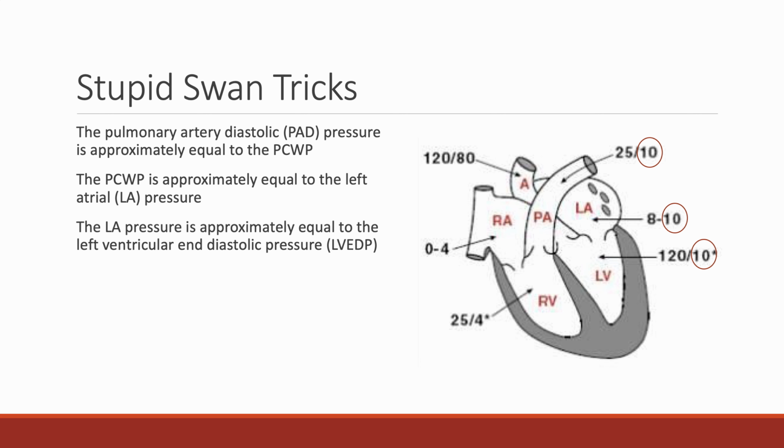Really good stuff. So always remember that the pulmonary artery diastolic pressure is about the same as the wedge pressure, which is about the same as the left atrial pressure, which is about the same as the left ventricular end diastolic pressure. You did it. You can take your helmet off now because that's the really hard part to understand. But once you understand that, you'll be golden because now you know that you don't even need to wedge the balloon anymore. Now you know that as long as I have the tracing in the pulmonary artery and there's no severe,